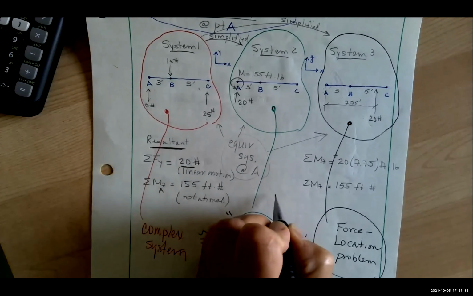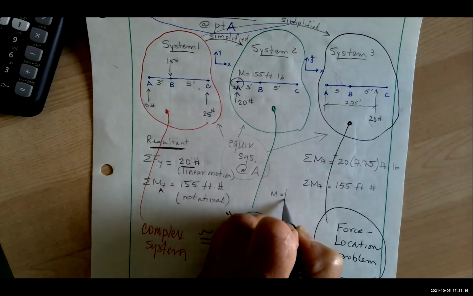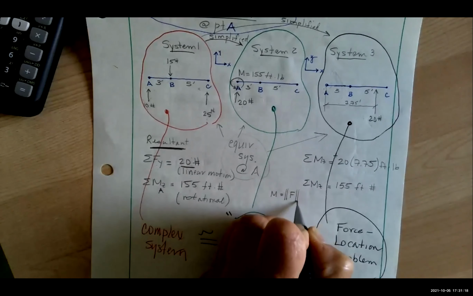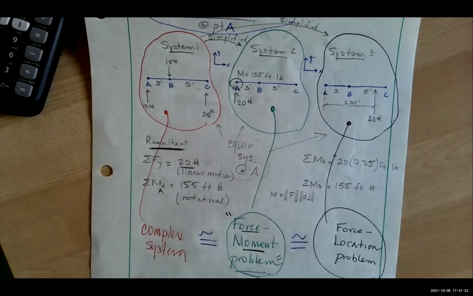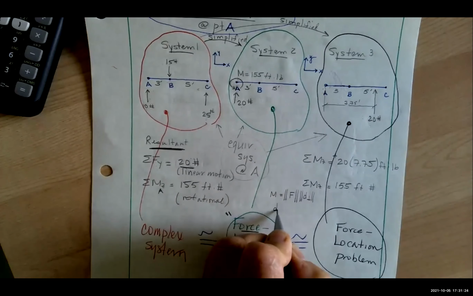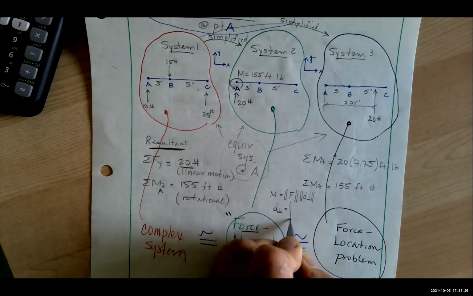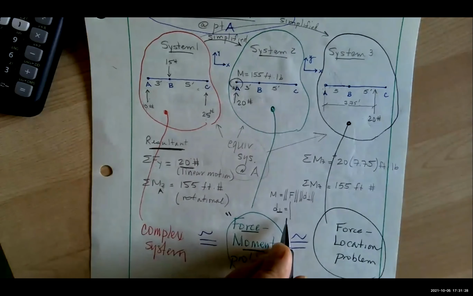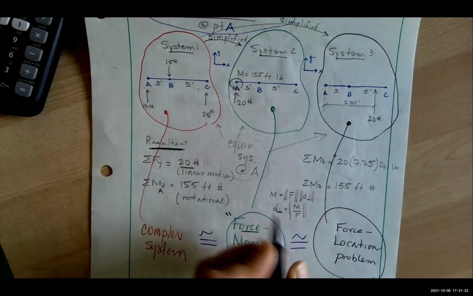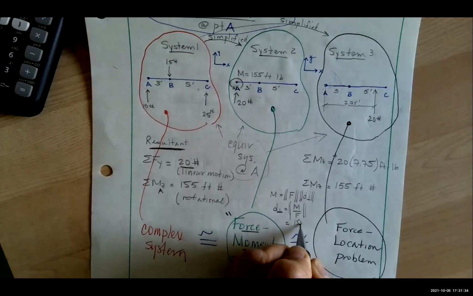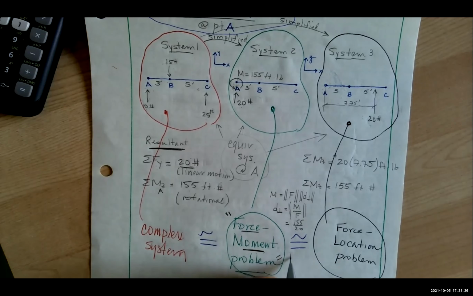We know that a moment is equal to the absolute value of the force times the absolute value of the perpendicular distance. So if I wanted to know what the perpendicular distance is from that 20-pound force, I could divide the moment by the force. So it turns out to be 155 divided by 20, and the perpendicular distance comes out to be